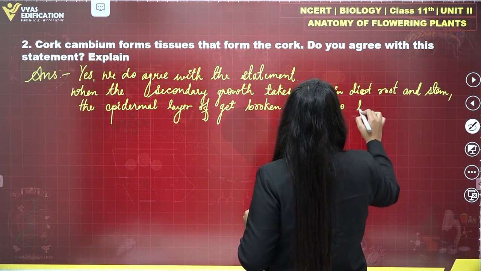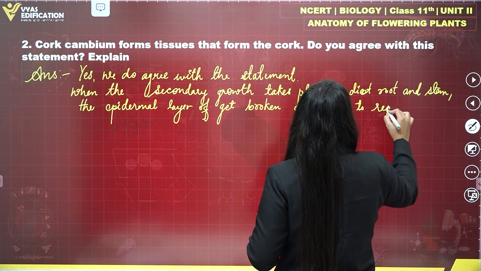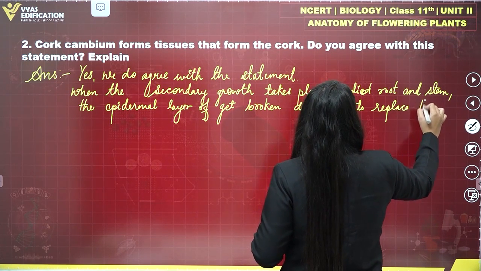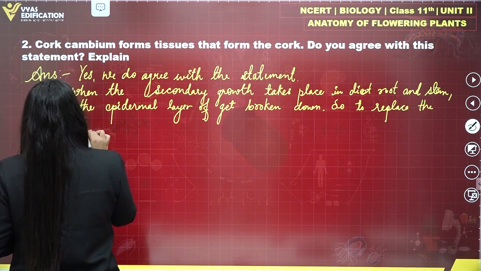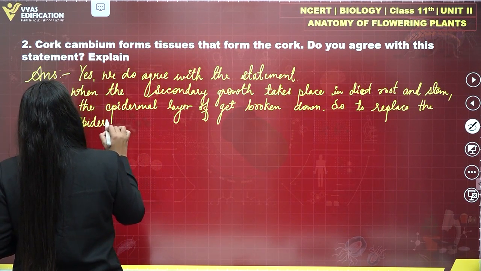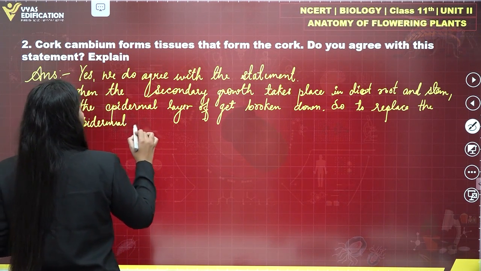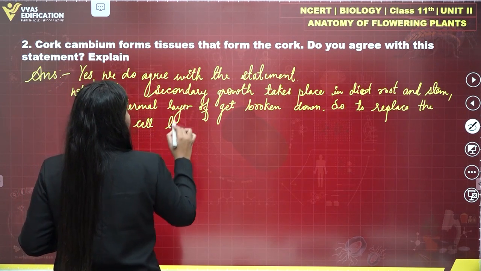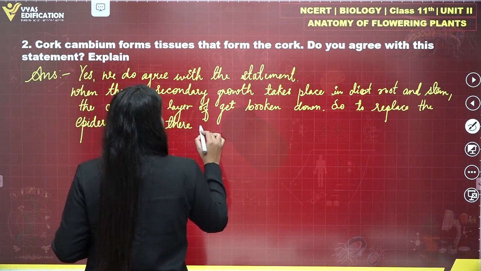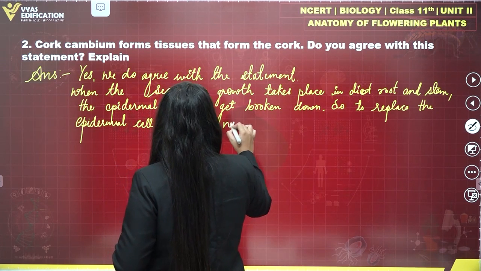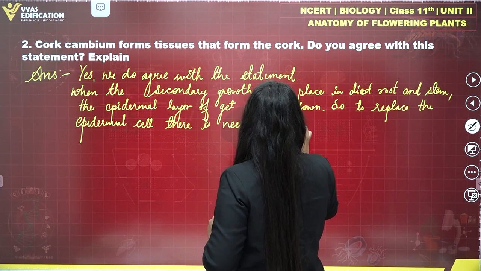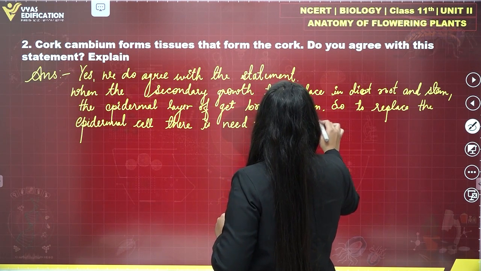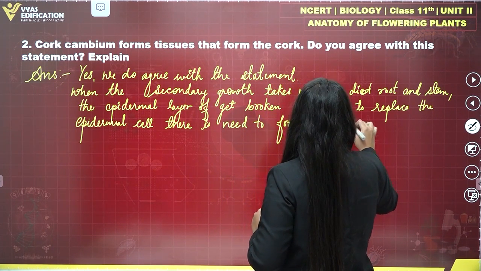So to replace the epidermal cells, there is a need to form cork cambium